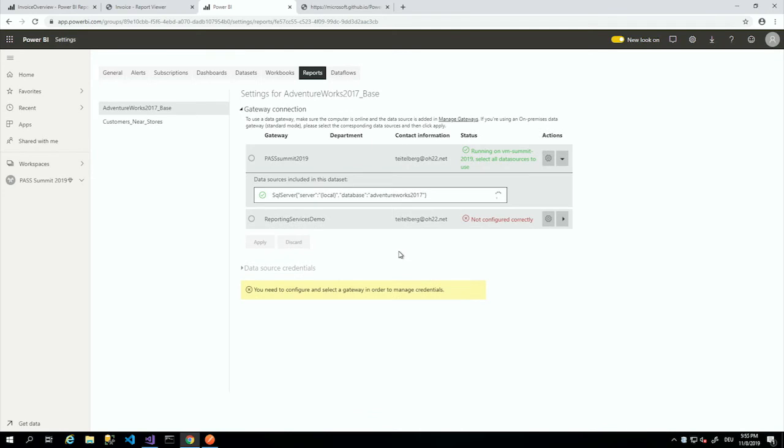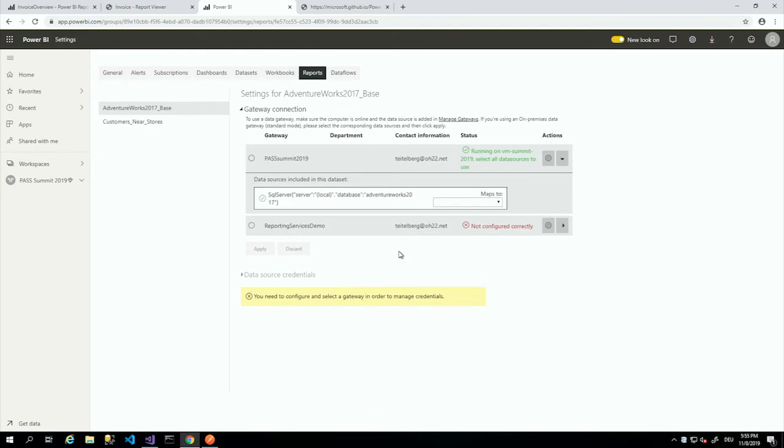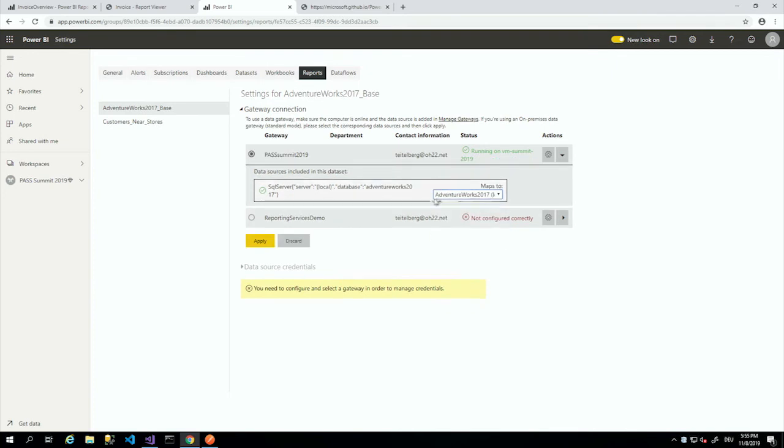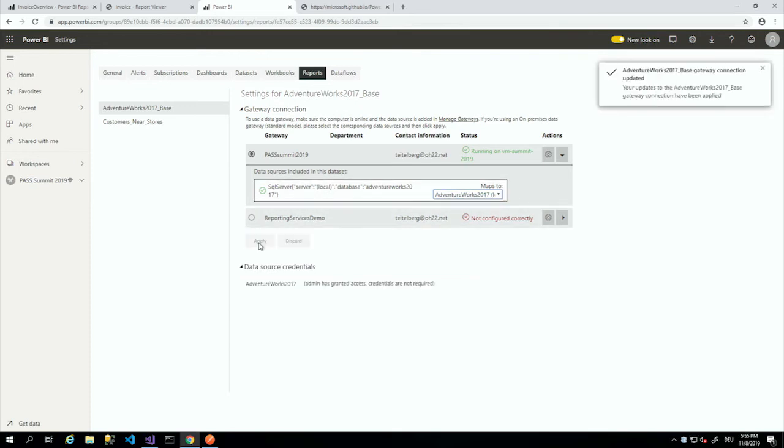my local machine. And the system automatically detects the gateway, and I can now map it from my gateway to my data source AdventureWorks 2017. That's the database on my local machine which I can now access through the data gateway, and I say apply,